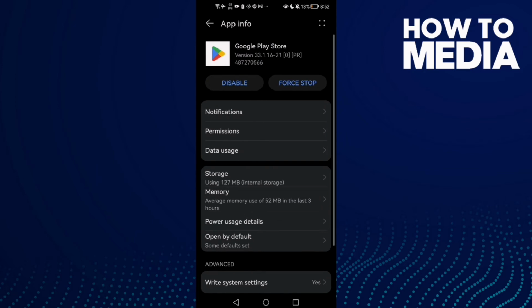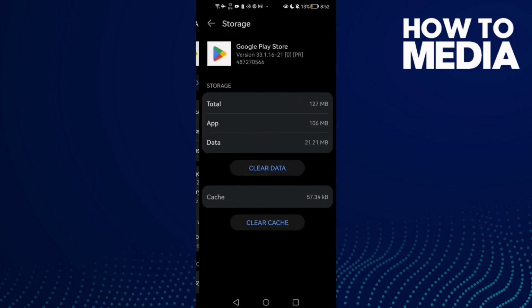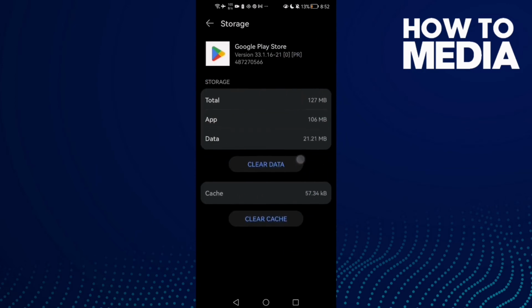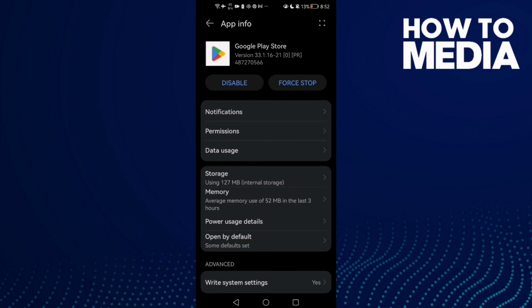Google Play Store, and then go to storage and clear data, and that's it. Now all your problems must be fixed, and just restart your phone and try again, and that's it for today's